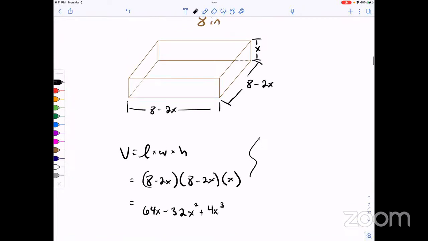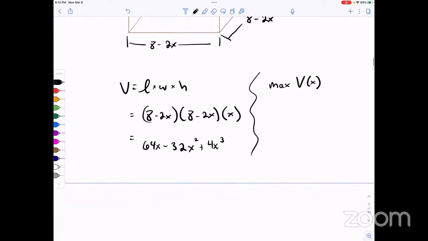So our goal is to maximize the volume. Okay. So that's going to occur when the derivative of our volume is either 0 or undefined, right? So we need to find the derivative, set it to 0, find those critical values, verify the critical values, and then we can either use the second derivative to identify it as either a max or a min, or we can do the first derivative test to say, okay, is it going from increasing to decreasing, or is it going from decreasing to increasing to identify it as a max or min, right? Okay, so